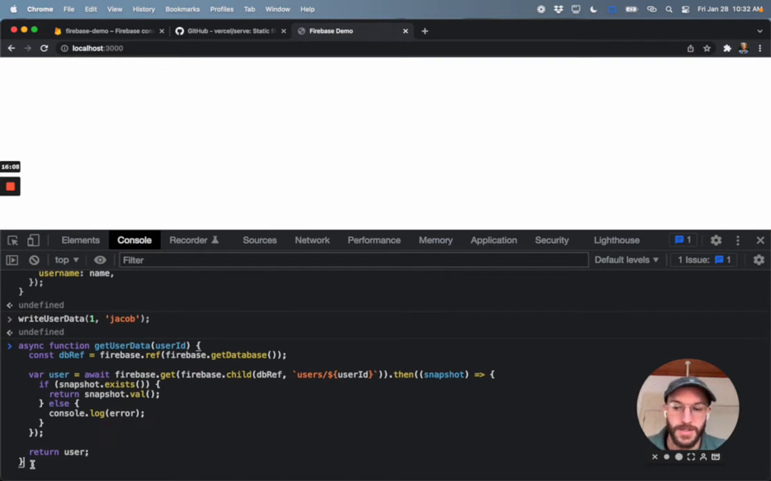So here's our function. It's called getUserData. It takes in an argument, userID. Then we get a reference to our database with firebase.ref, firebase.getDatabase. We capture that reference here, which we'll use later. We create a user variable, and we are using this to capture the result of, so we say await firebase.get,